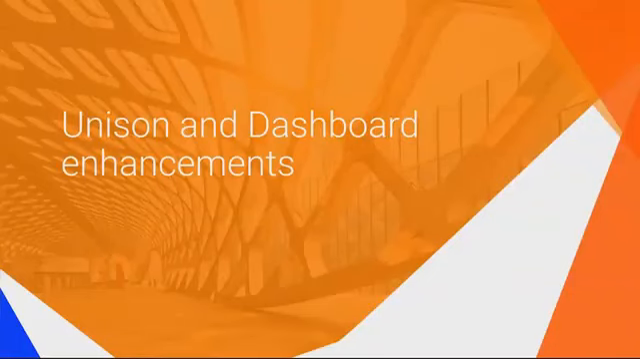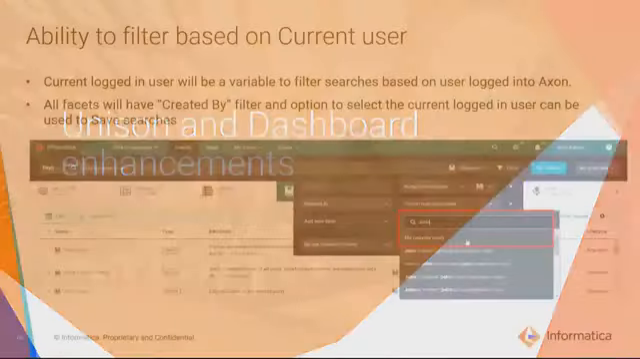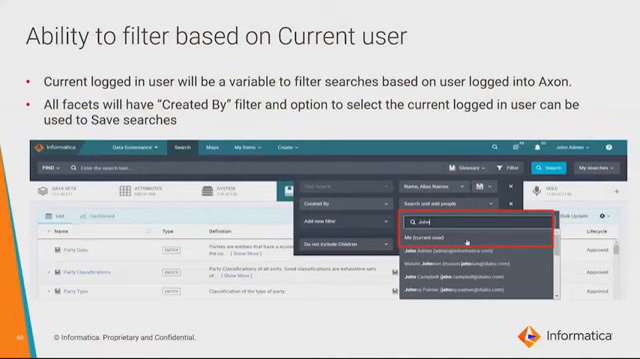Next, the Unison and dashboard enhancements, which have been part of 7.2.3. Wherever you see the created by or the users field, we have introduced a new field which is parameterized to the current logged in user. If you want to know the list of objects which are owned by individual members in your team, you can do a saved search. The saved search takes the parameter of the current logged in user,